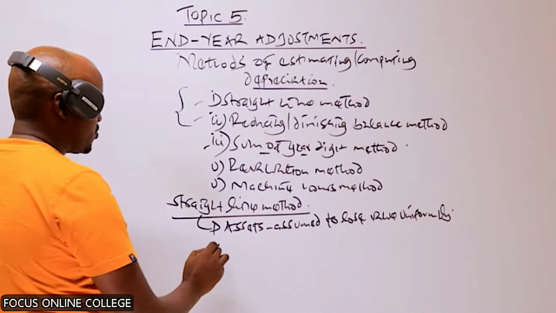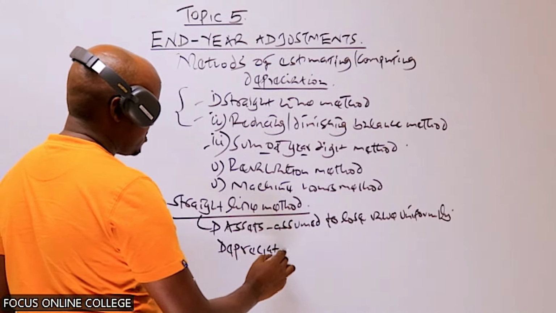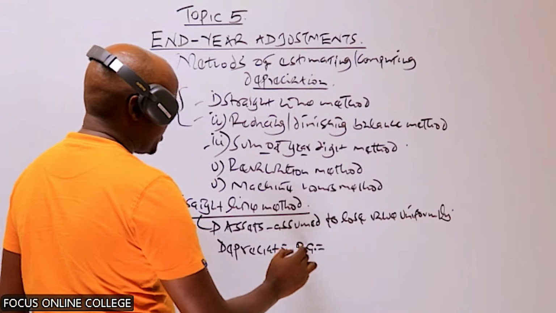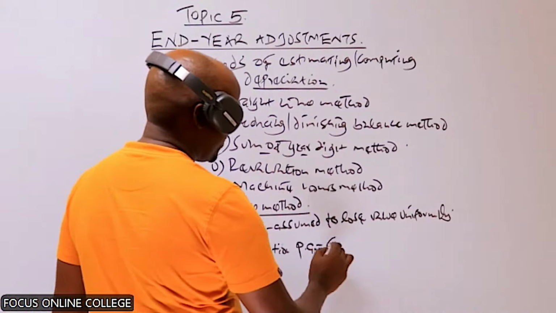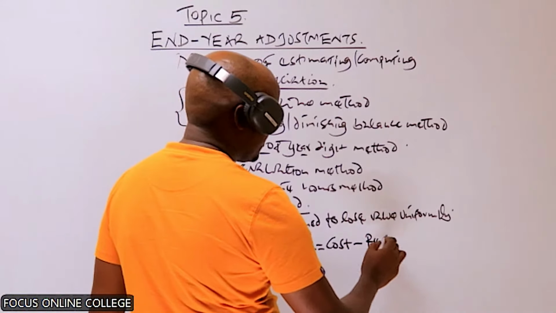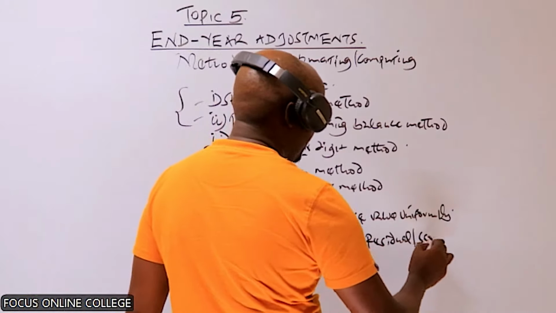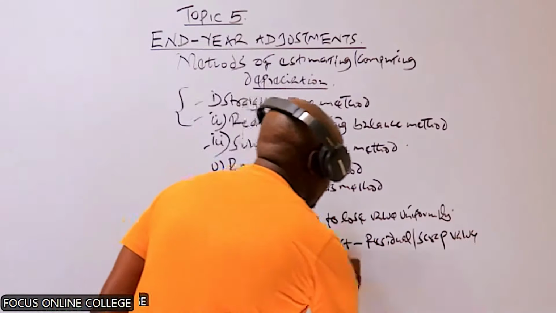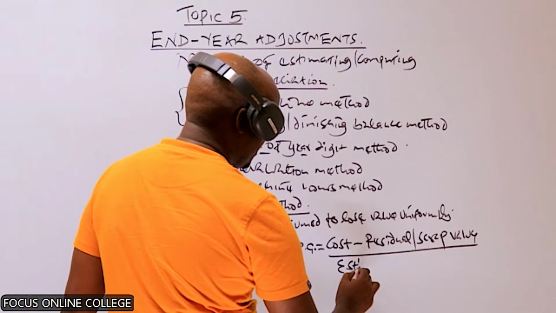Therefore, to compute the depreciation per annum, meaning the depreciation for each year, we take the cost of the asset minus the residual value, which is also known as the scrap value. We divide this with the estimated